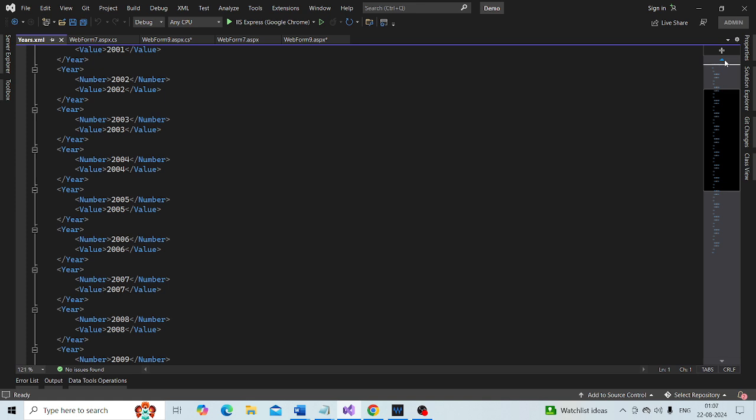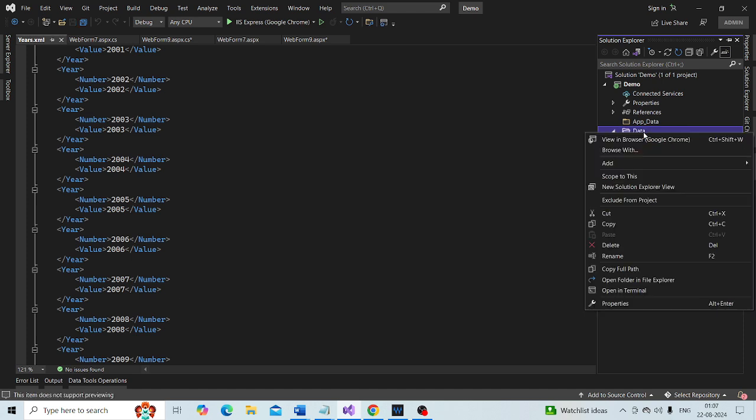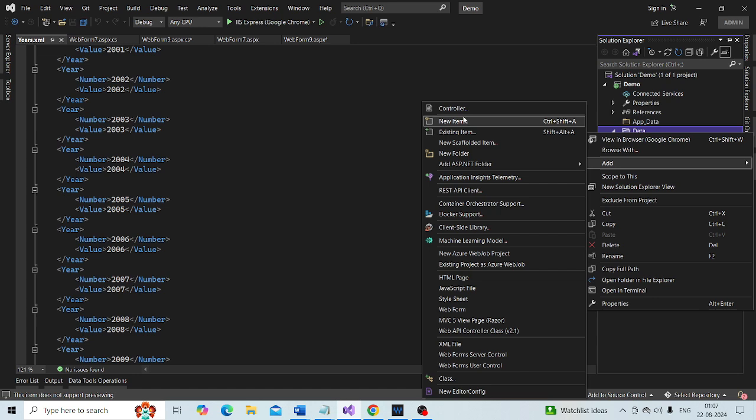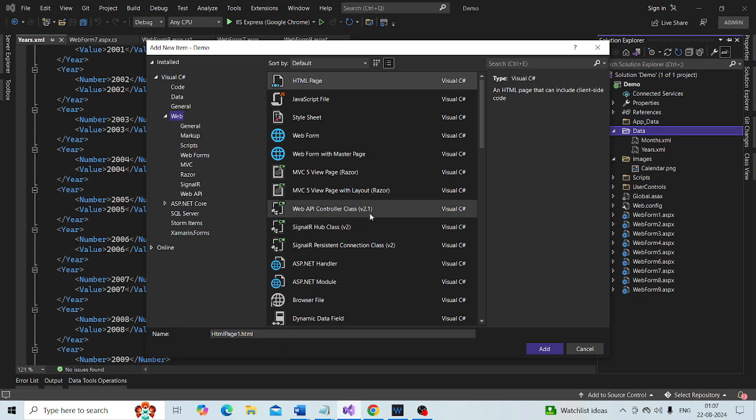Now if you want to add an XML file to your project, all you need to do is right click on this folder, go to Add, and then New Item. Click the Data tab.